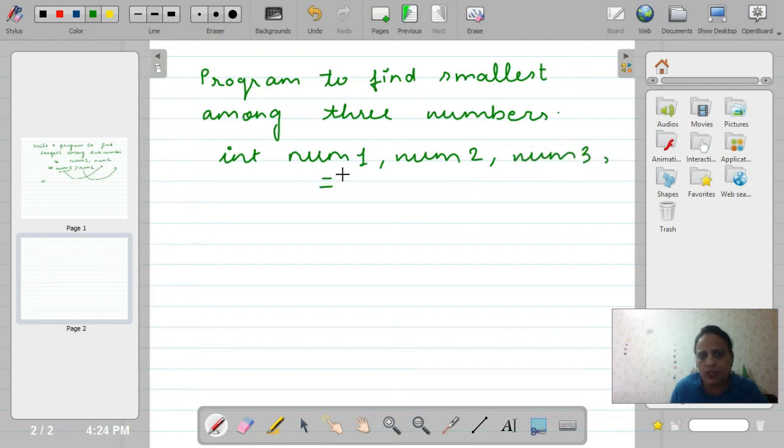Let's say num1 is equal to 5, num2 is equal to 3 and num3 is equal to 6, and then we have another variable, small, and then we want to check. So now here are three values.